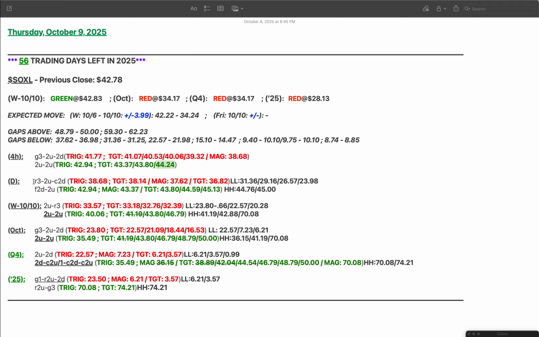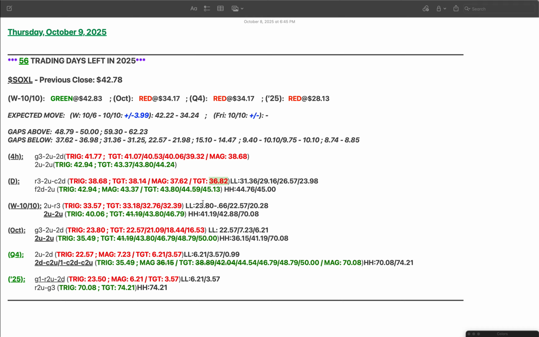All right. On the day, the day chart. So, more of a day trade, overnight swing, maybe a couple night swing. If we get price action to the downside, again, that triggers the 3-2 up combo 2 down. Trigger is at 38.68, so quite a ways from where we closed. But if it does trigger, it has the intermediate targets of 38.14, the magnitude of 37.62, and an extended target